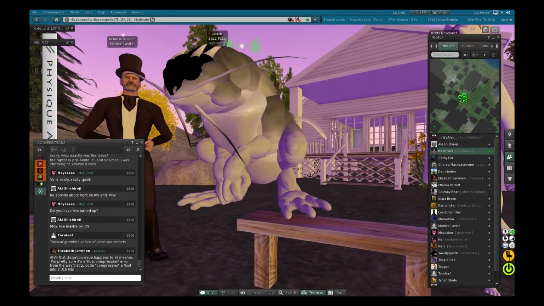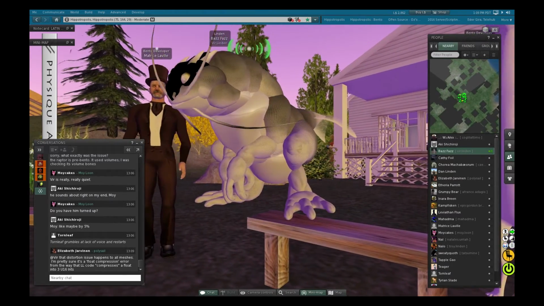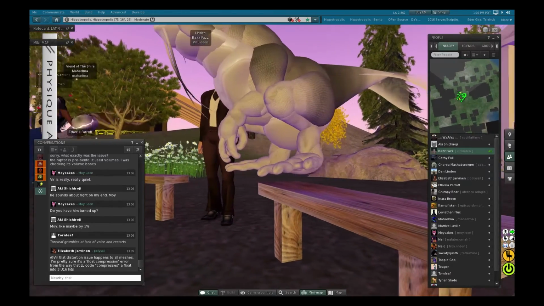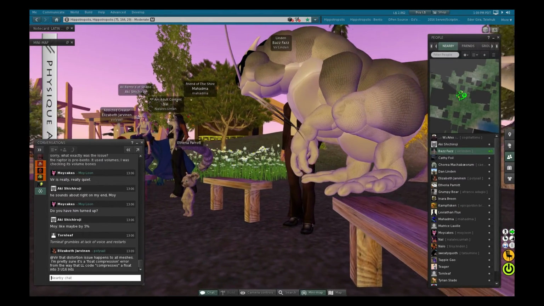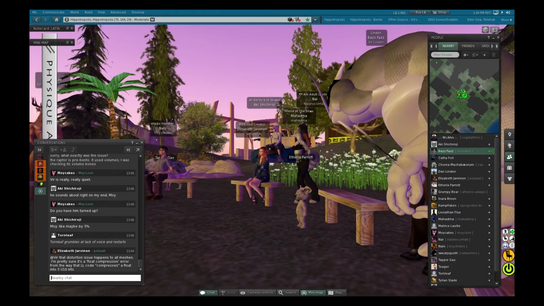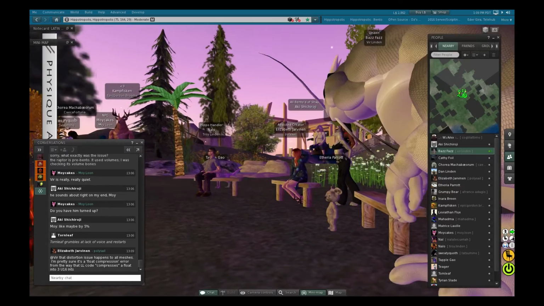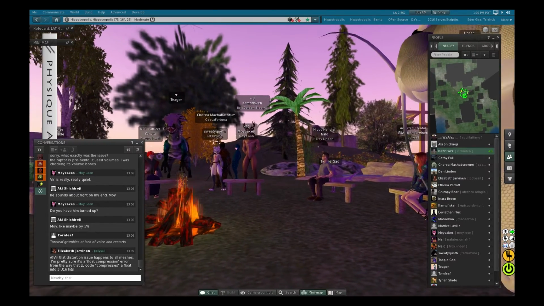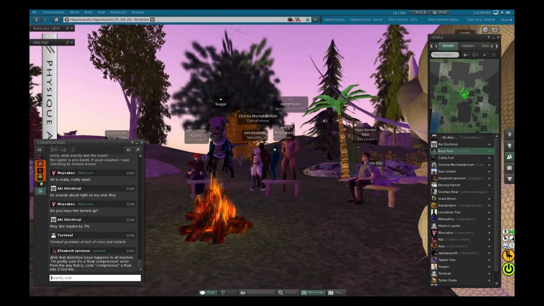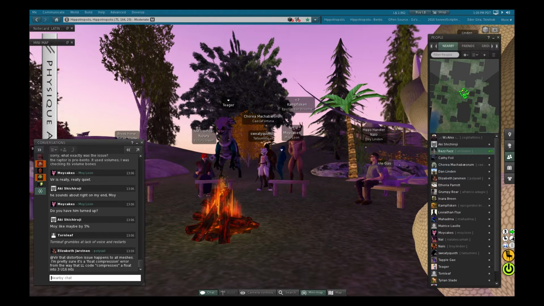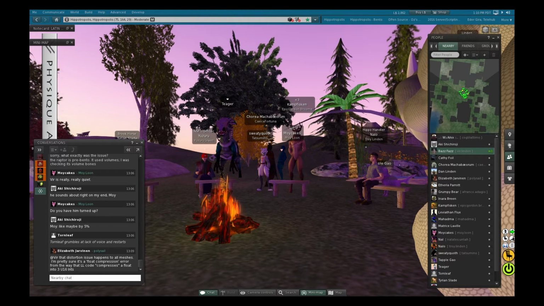Instead of doing the body size update every frame, the latest viewer only does it when you're starting and stopping an animation. So rather than getting sort of continuously tossed and pitched up and down, you'll just see adjustments happening every so often when animations get started up or shut down. So hopefully that'll give a little more predictable experience, even if you're using content that does change the joint positions on those things.